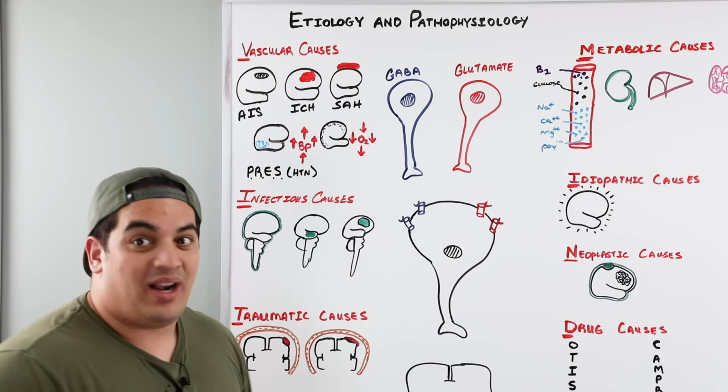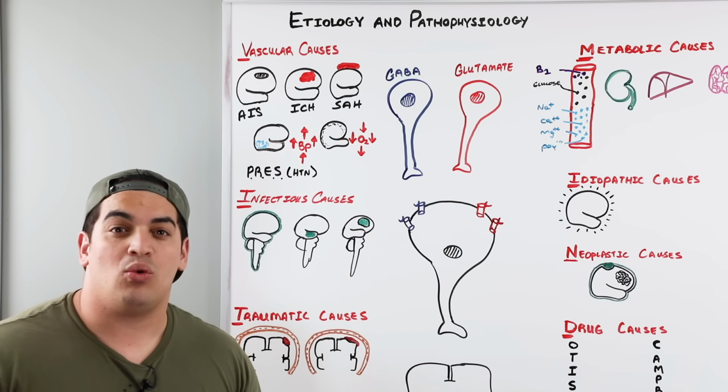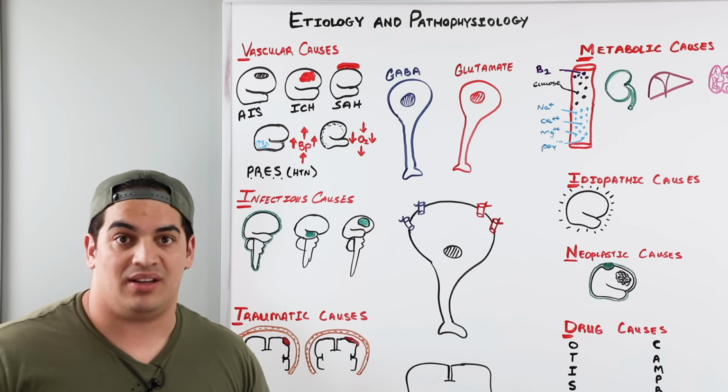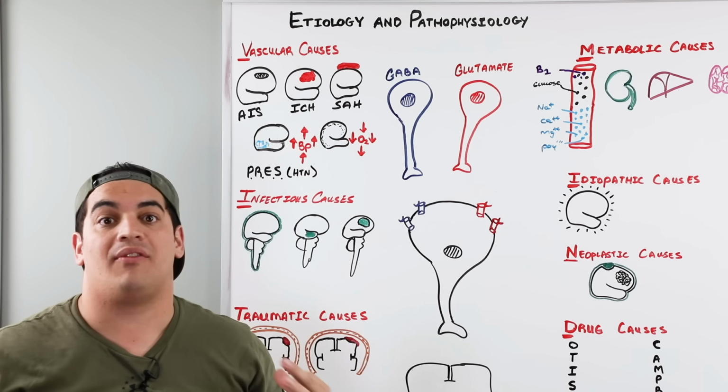The next one is whenever you have severely low oxygen levels in the blood, so low that there's almost no oxygen being delivered to the brain, and a very large area of the brain suffers from that severe hypoxia or anoxia and then can develop seizures. This is called anoxic brain injury.